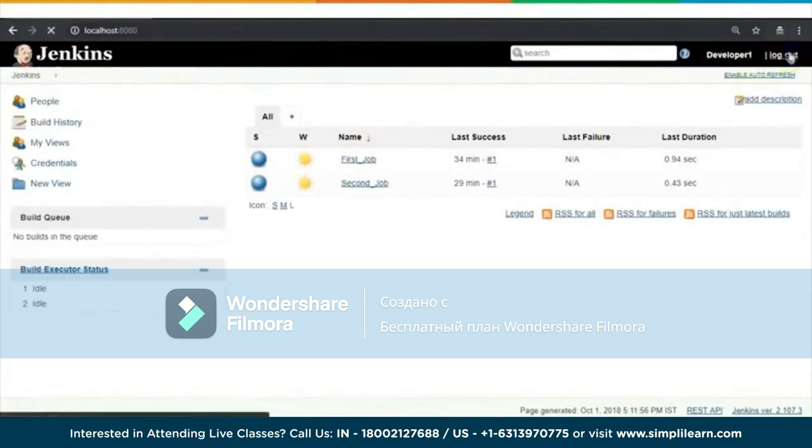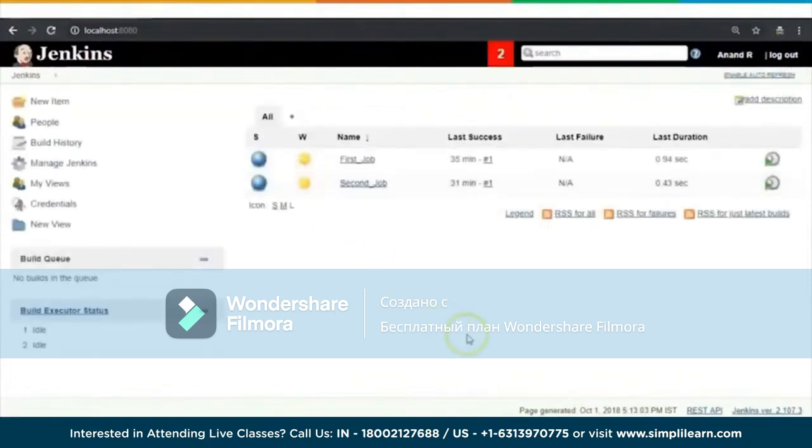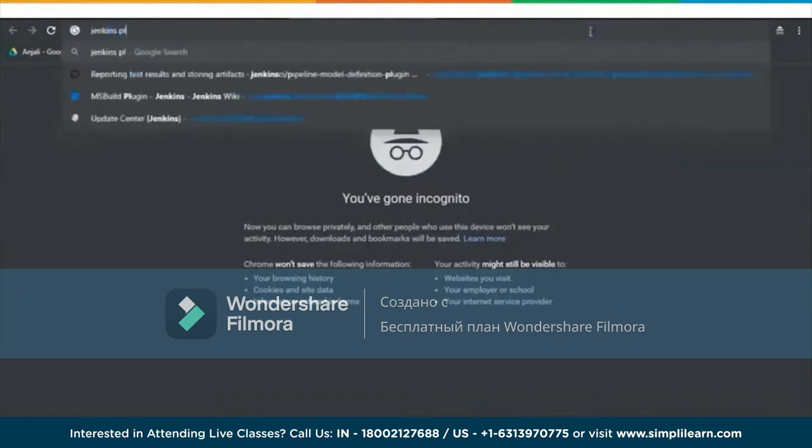Let me quickly log out of this user and get back in as the admin user, because I need to continue with my demo. With the developer role that was created, I have very, very few privileges. One of the reasons for Jenkins being so popular, as I mentioned earlier, is the bunch of plugins provided by community users who don't charge any money for these plugins, and there are plugins for connecting anything and everything. If you can find Jenkins plugins,